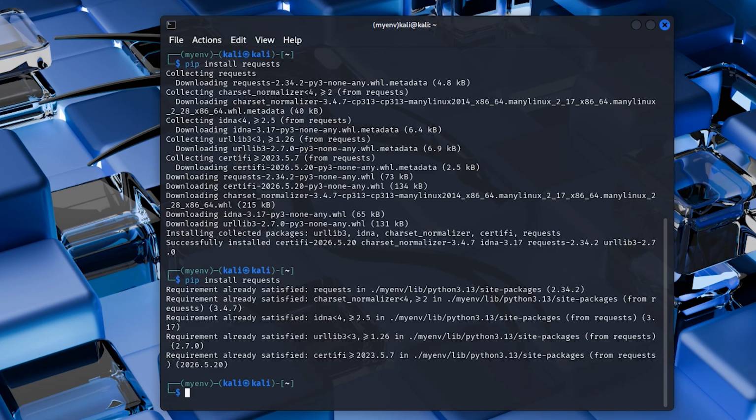So whenever you run into the externally managed environment error in Kali Linux, the easiest fix is to create and activate a virtual environment before installing Python packages. This is also the method officially recommended by Kali Linux and Python developers,